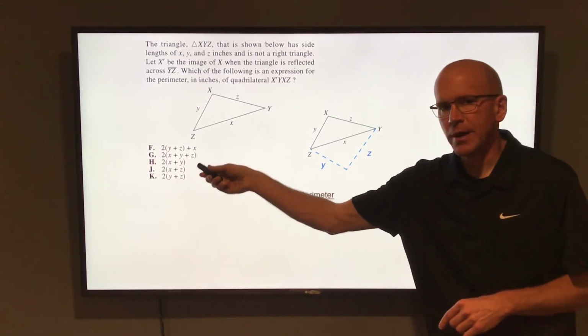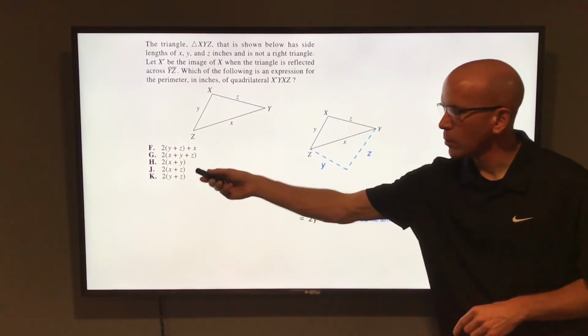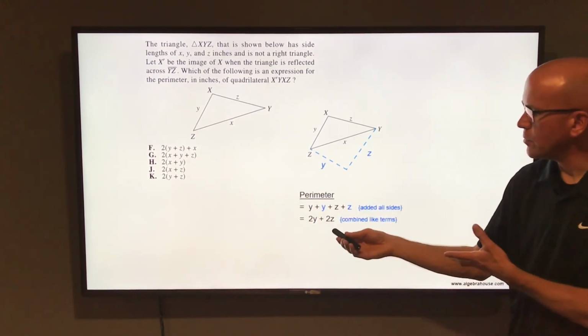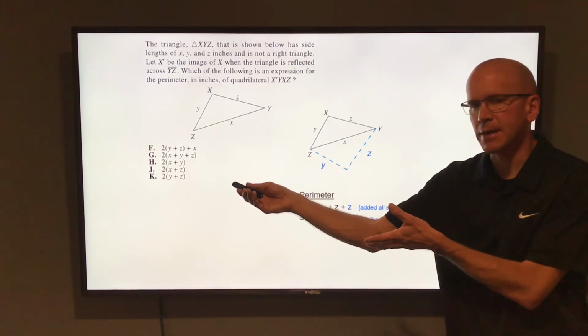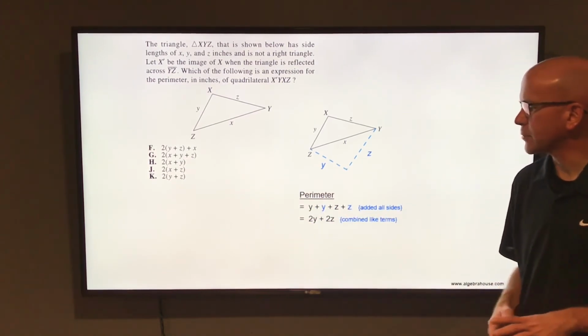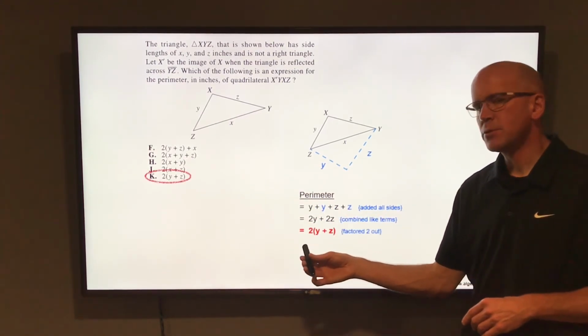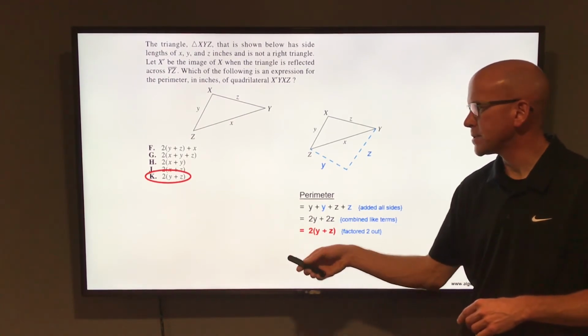Remember, always keep an eye on your answer choices. We need to get this to look like one of these. So you're at 2y plus 2z right now. It's not showing up. But you could factor 2 out of that. If you factor 2 out of that, you're going to have 2 times the quantity y plus z, and that